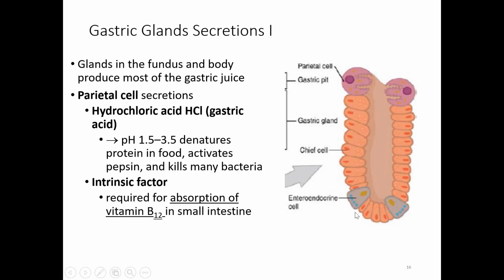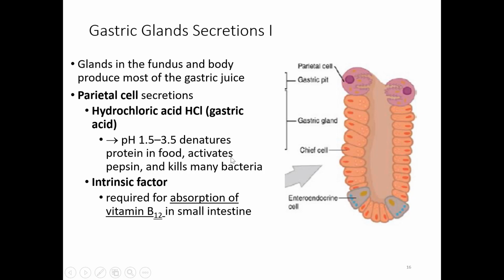You need to know the secretions of each type of cell. Those cells in gastric glands produce gastric juice. Usually most of the gastric juice is produced in the fundus and body. Parietal cells, right here, produce two types of secretions. The first would be hydrochloric acid, or it's usually called gastric acid. It's a very strong acid. Its pH can vary from 1.5 to 3.5,